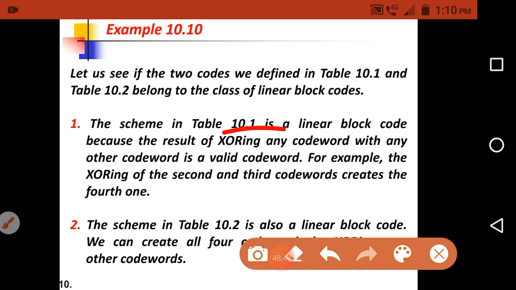Again you can take a pair of code words, again you can apply the XOR operation, and again it will create another valid code word that is already present in that particular table. Okay. So that's the way you can do it. Refer to table 10.1 and you can apply the XOR operation, and you can create the linear block codes or the linear code words.